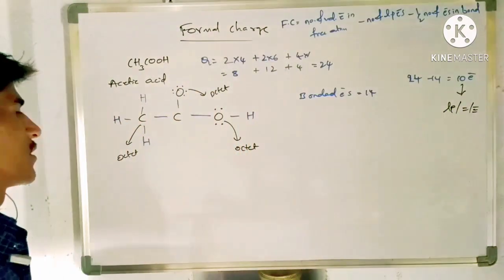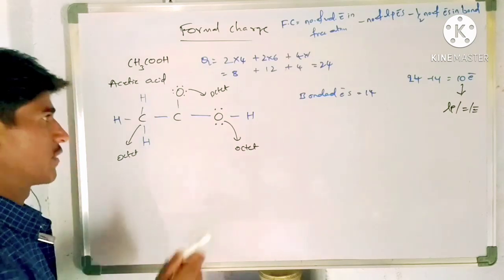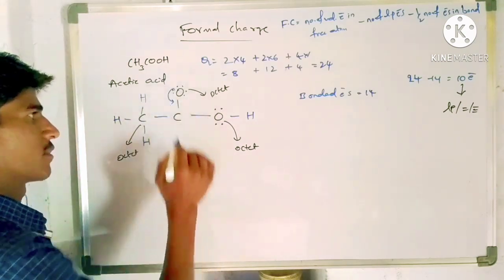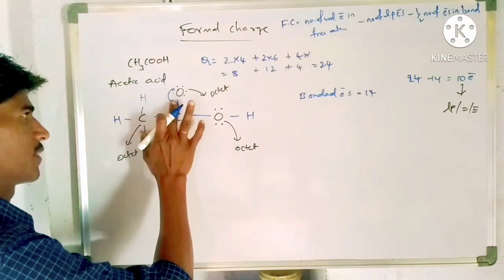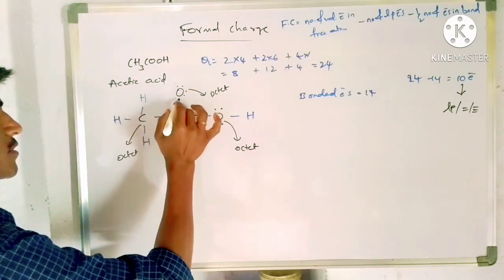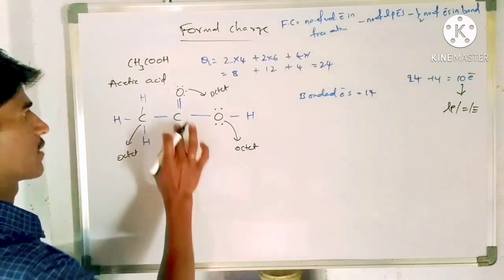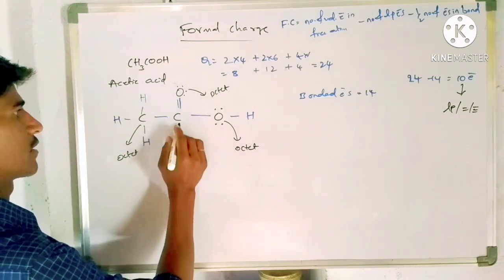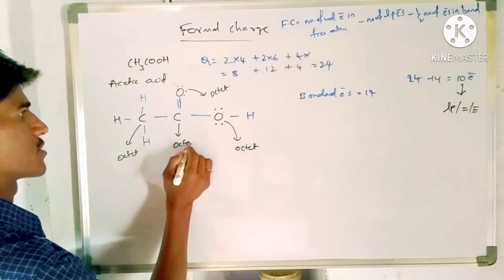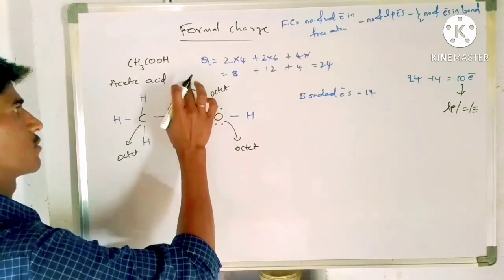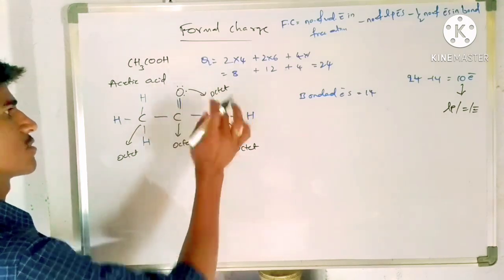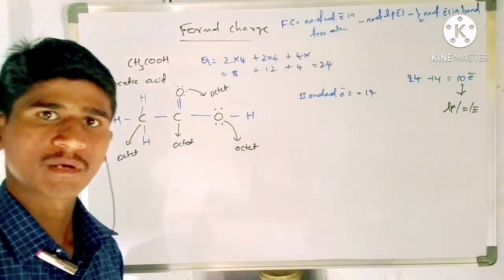But here this carbon is not stable. So when a lone pair turns into a bond, there is a chance to get stability. For example, a bond is formed here. Now this carbon has 1, 2, 3, 4, 5, 6, 7, 8 electrons. This is an octet configuration, it is stable. This other carbon also has 8 electrons, so it is also stable. Now the molecule is completely stable.